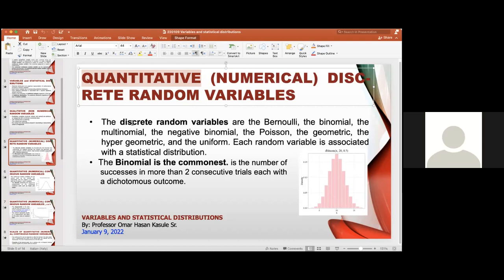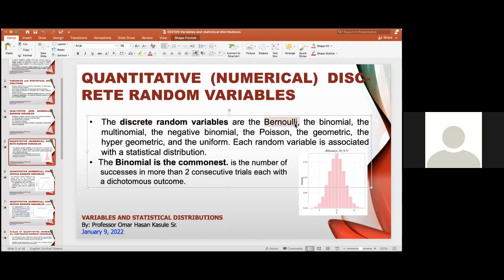Discrete is when you count 1, 2, 3, 4 boys or girls or cars, and continuous is when you measure height in centimeters, weight in kilograms. Now, the discrete random variables are several. It depends on the way you count. Now, you are not supposed to know the details of this at this stage, but I just want you to